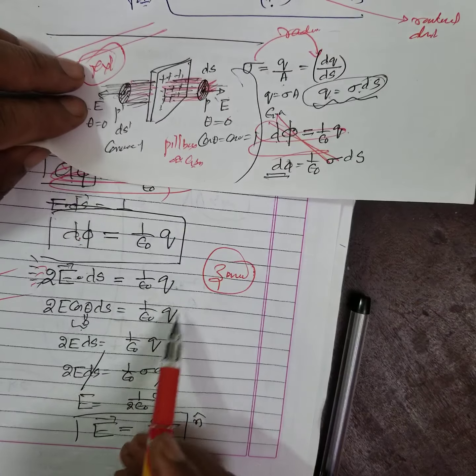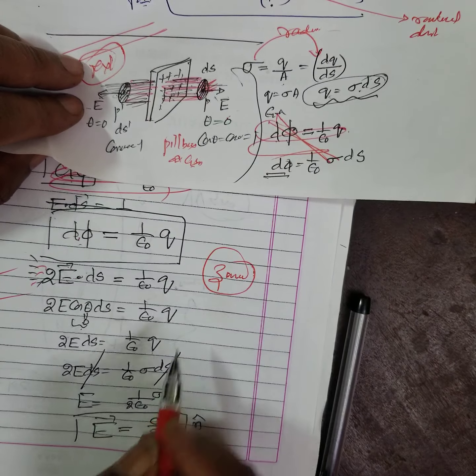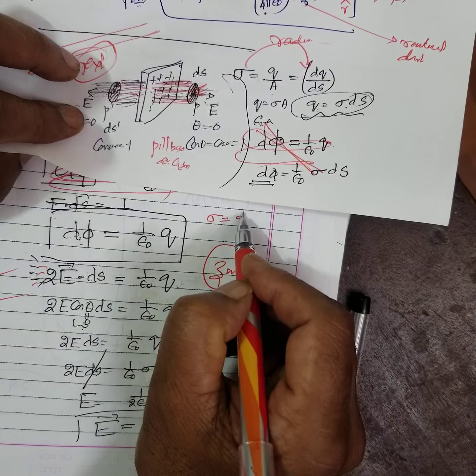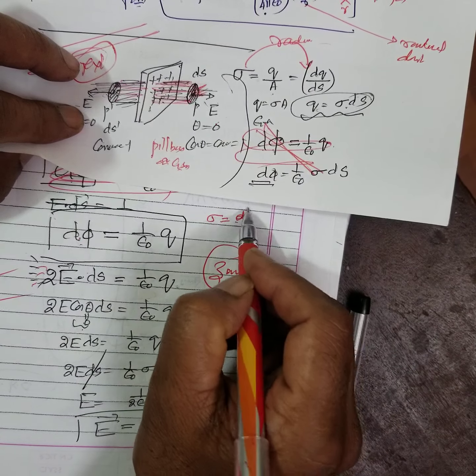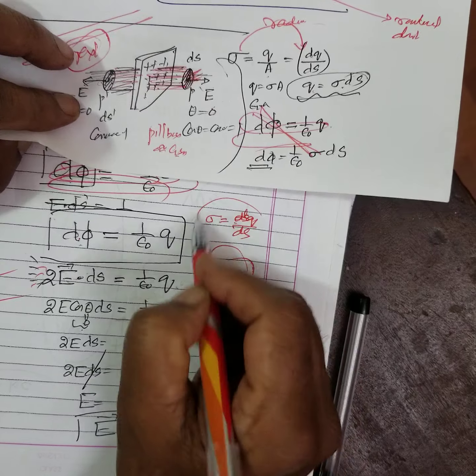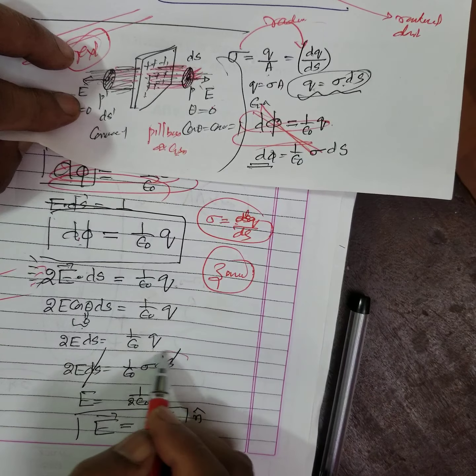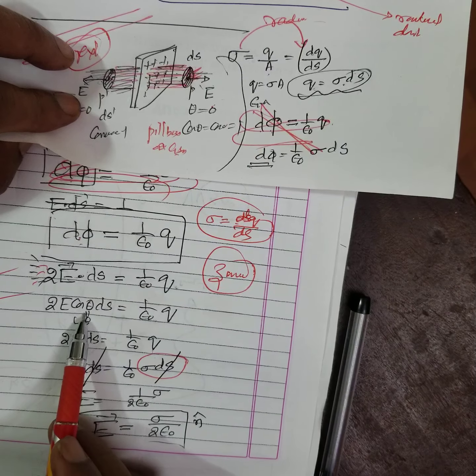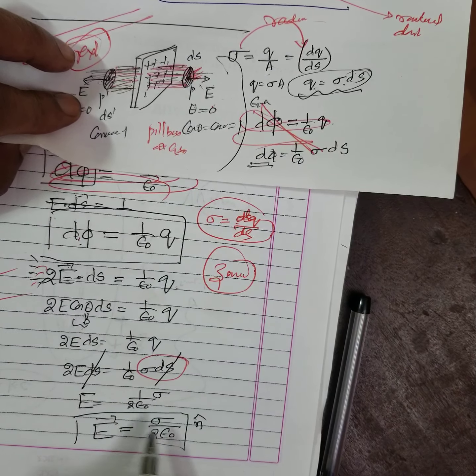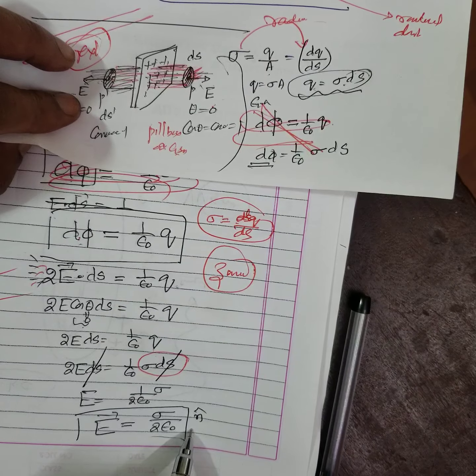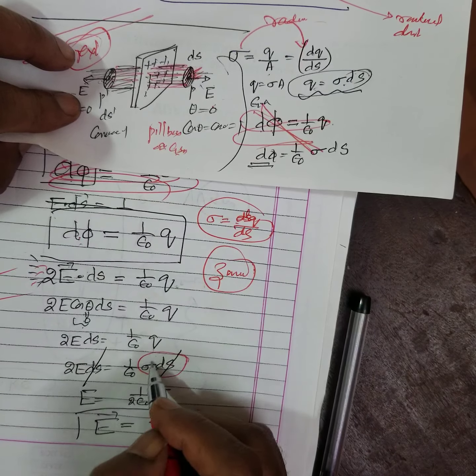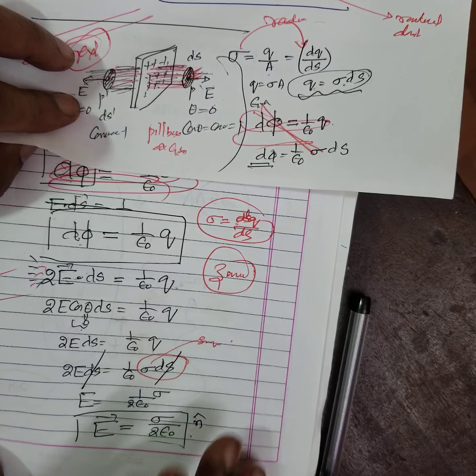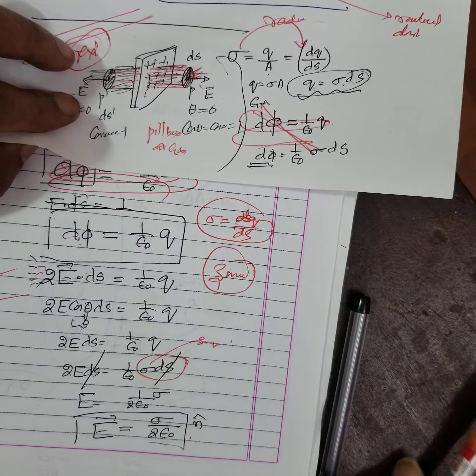Therefore, charge is equal to what? Surface charge is small charge by surface area. You know how to do this. Here you have to substitute that one. Then theta is equal to 0, cos 0 is 1. All that you cancel, you get this. Right? This is called surface charge density. Remember, it's called surface charge density. Vector form also you can do it, right?